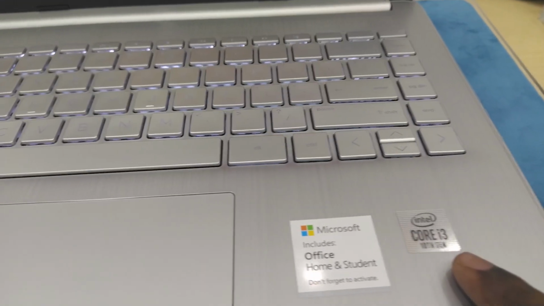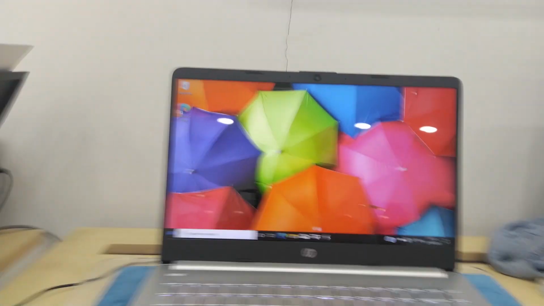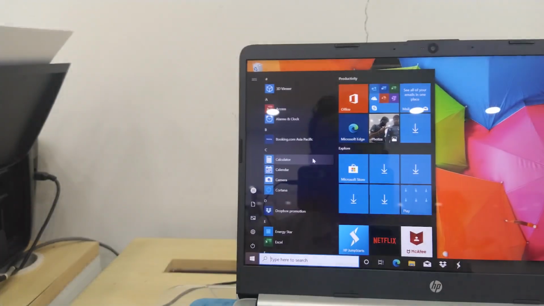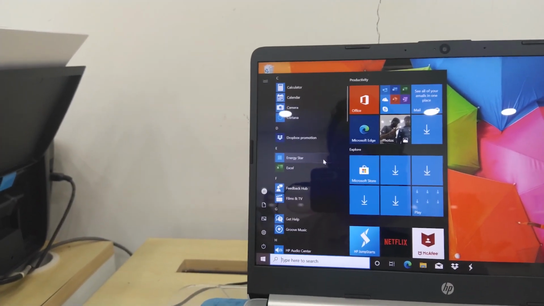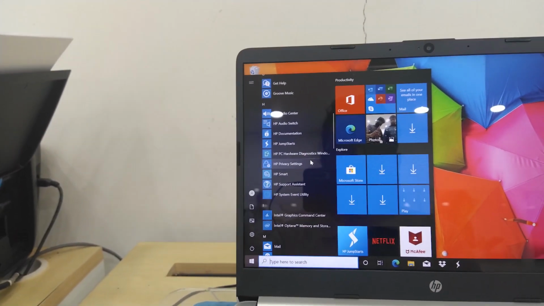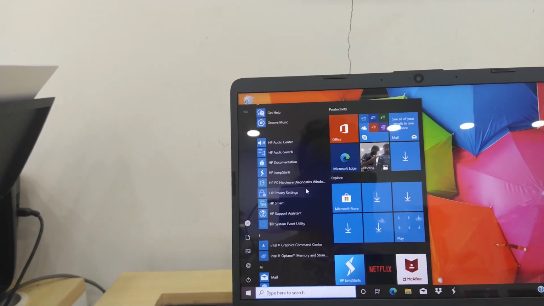Again, Intel i3 10th generation is written over here too. And about the apps, guys, this comes with the normal default apps like Calendar, Cortana, Calculator, and all these, and it comes with all the HP supportive apps.